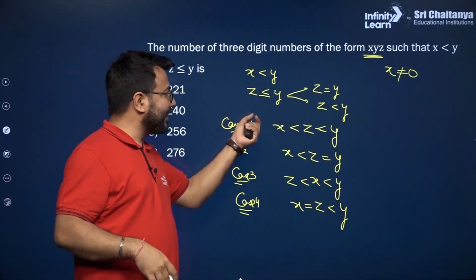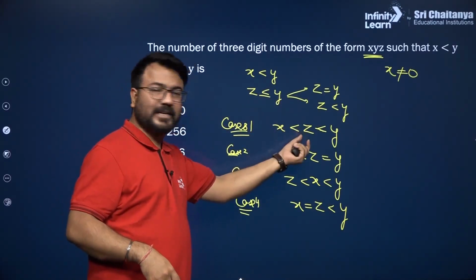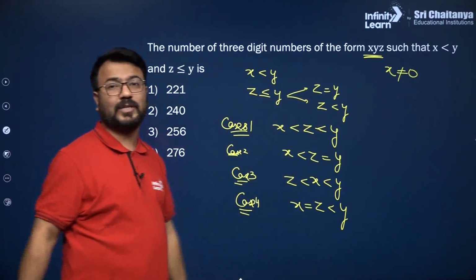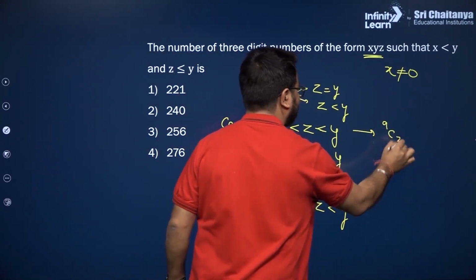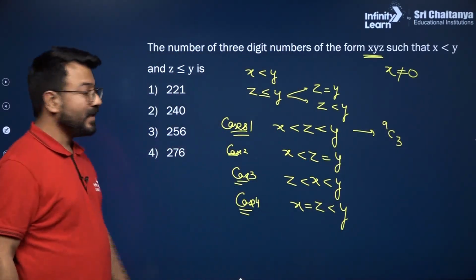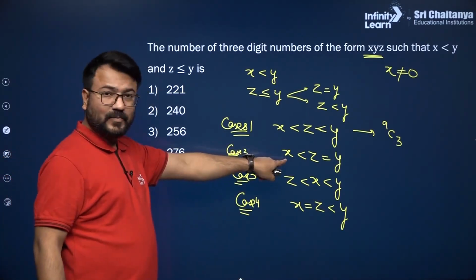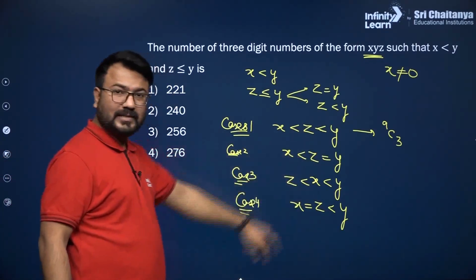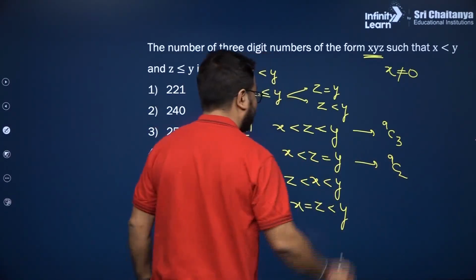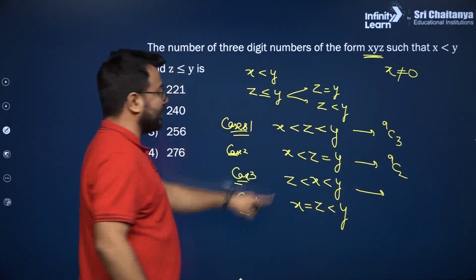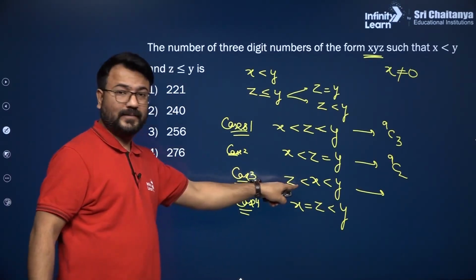The smallest value will be given to x, the second largest will be given to z, and the third largest will be given to y. So this situation will generate a solution of 9C3. Now in this case also x is the smallest one, but z and y are the same. So in this situation I can take 9C2. And in this situation where x is not the smallest one,